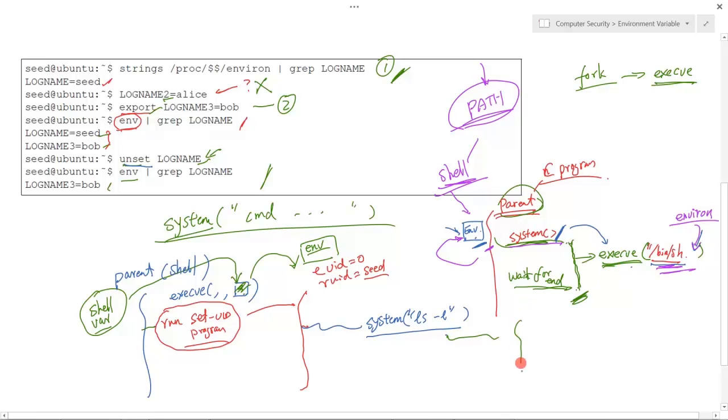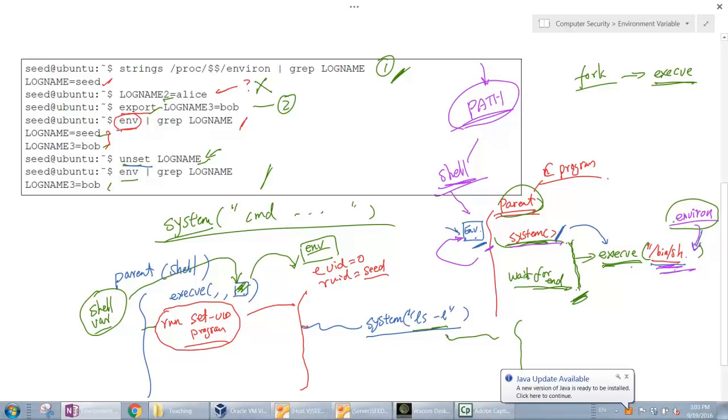A new process is going to be created, and that process is going to use execve with the shell to run this command. Also the third argument is that global variable. That's how this set of environment variables becomes the environment variable